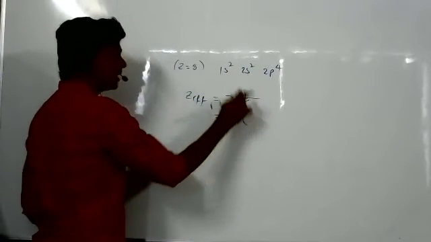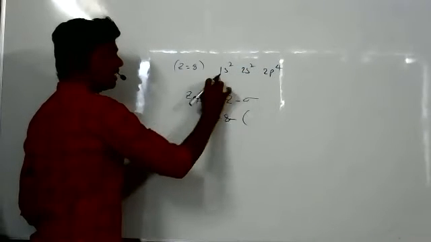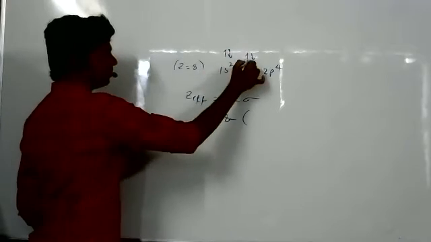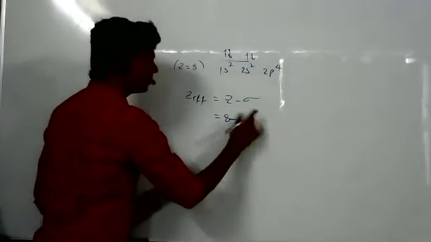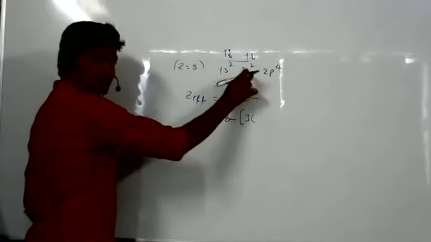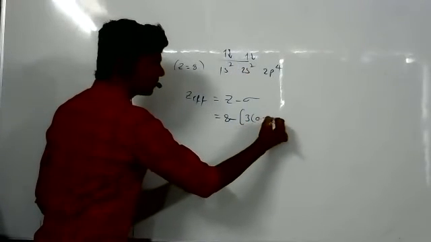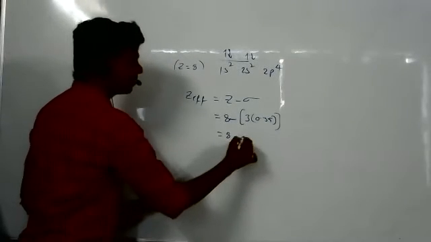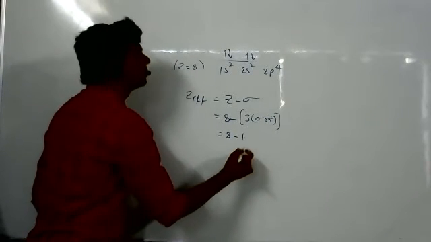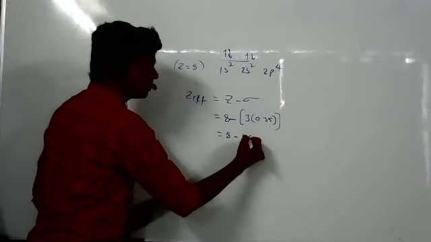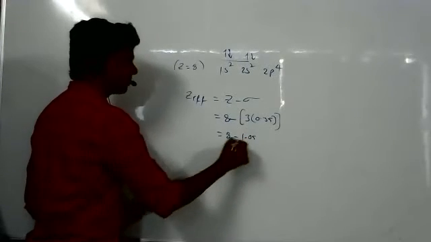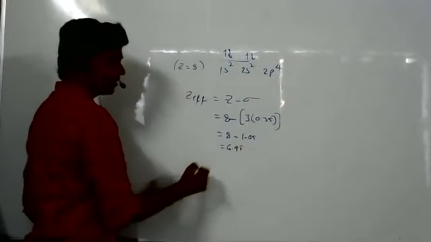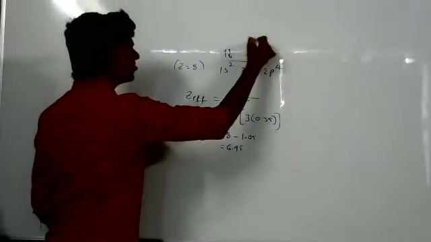We are calculating Z effective for an electron present in 2s. So how many electrons do we have to consider? In 2s, 2 electrons are here, and 2 electrons are already there, so we have to consider 3 electrons. Electrons present in the s orbital cause a screening effect of 0.35. So 8 minus 0.35 into 3, which is 1.05, right? 8 minus 1.05 is 6.95.